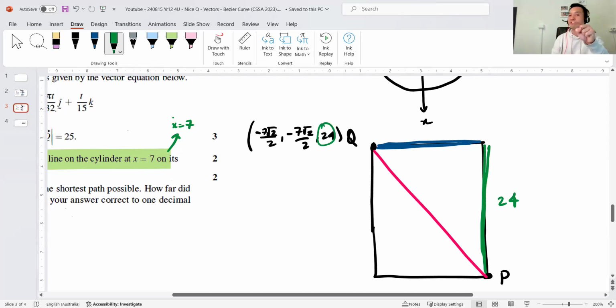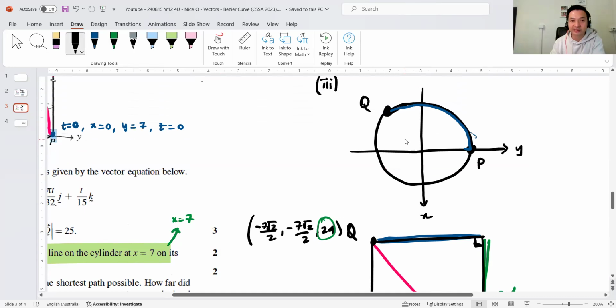If I can get the length of blue, I can use Pythagoras to find the diagonal from Q to P directly. So how do I find the blue? Well, arc length. Remember, what's the formula for arc length? Arc length is L equals R theta. And the radius I already know is 7. 7 is the radius of that circle. Now, what's the theta? I actually know what the angle is, because it's